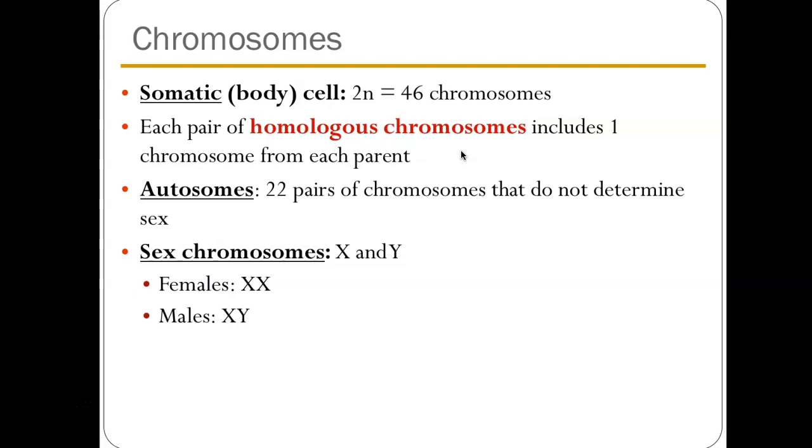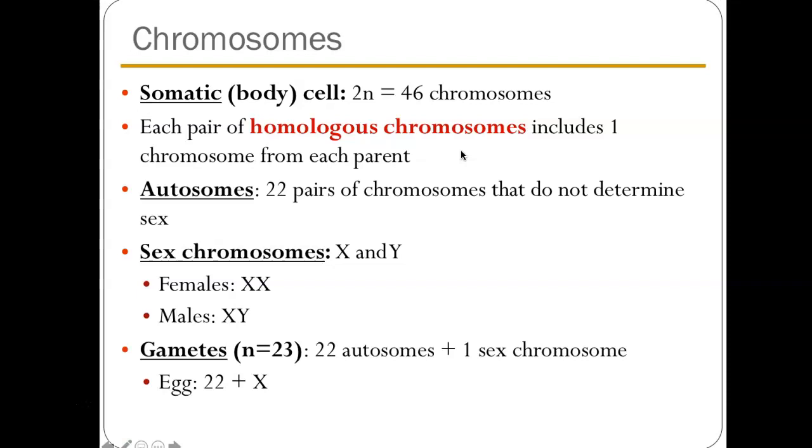Sex chromosomes in humans are X and Y. For females, biological sex XX makes them female. For males, XY is for biological sex. Now, I want to make sure that I say here, this does not have to do with gender. I'm talking about the biological sex that a person is assigned at birth. I want to make sure everyone knows I'm not getting into any gender discussions here, just biological sex. All right, and then gametes.